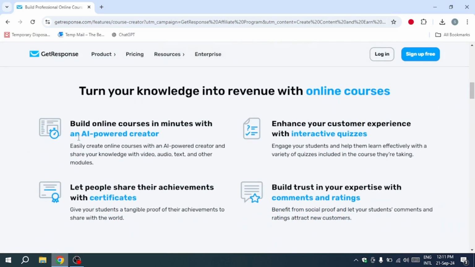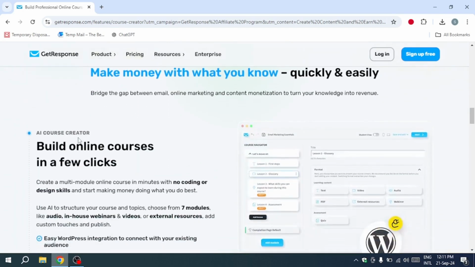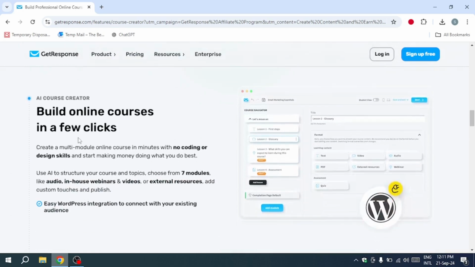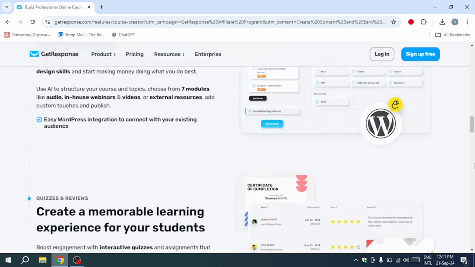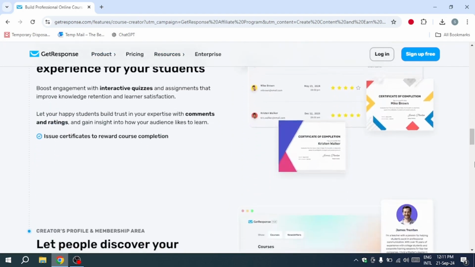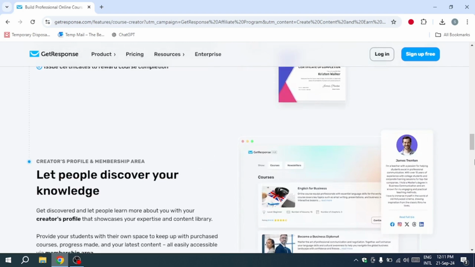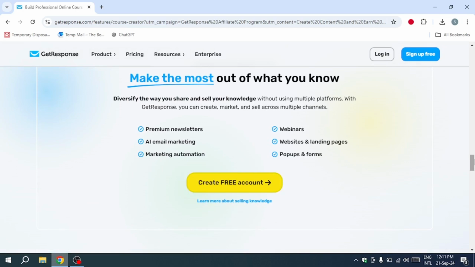It offers features like pre-built email templates, audience segmentation, autoresponders, and landing page creation. Users can automate workflows based on customer actions, host webinars, and create targeted campaigns for e-commerce. GetResponse also includes analytics, CRM integration, and third-party tool connections. Overall, it simplifies online marketing by combining email, automation, and engagement tools into one platform to help businesses grow and